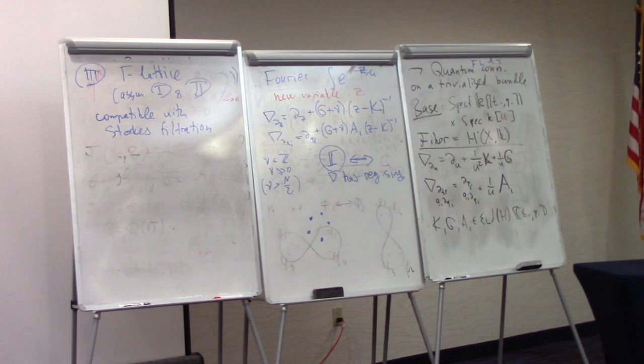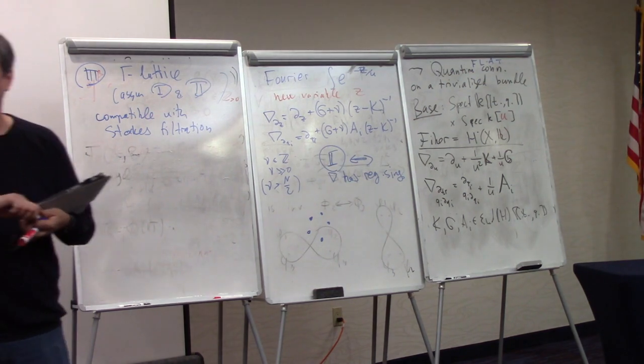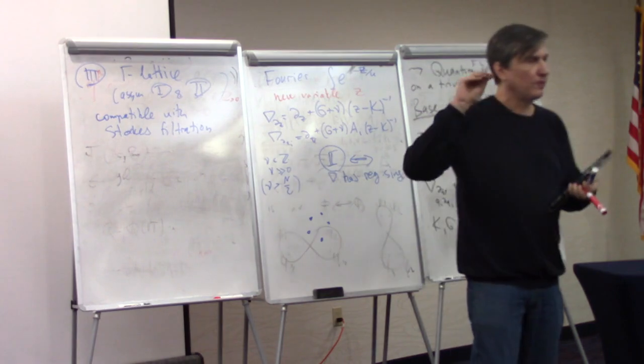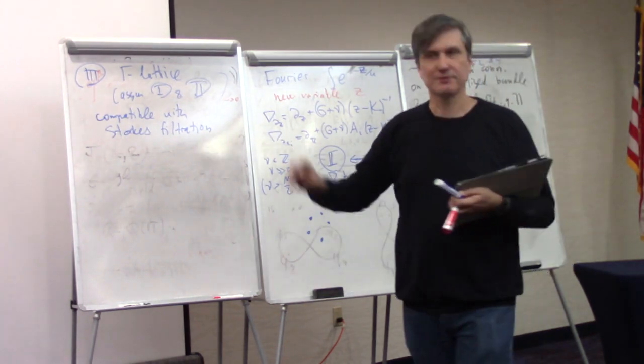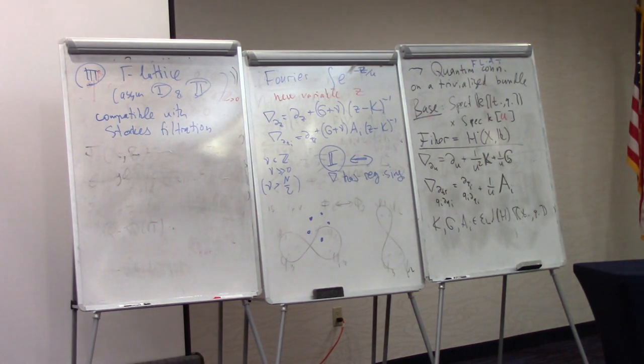Some kind of basic example: if you take projective space, then the singularities will be vertices of a regular polygon. And if you take a variety of general type, you get just one point, independent of this parameter. So it distinguishes Fano and general type in a very dramatic way.